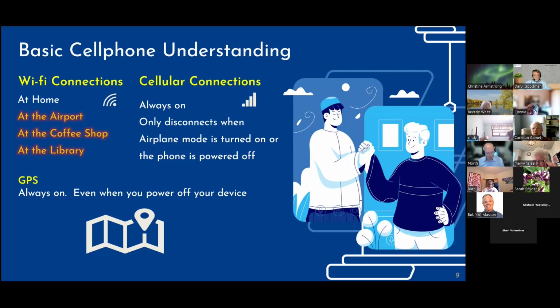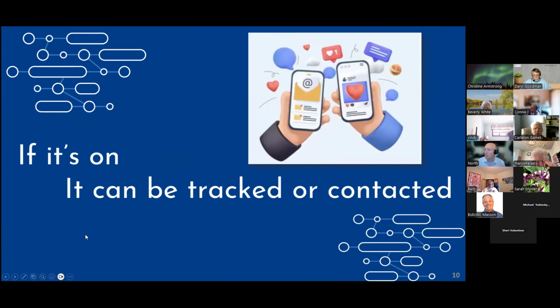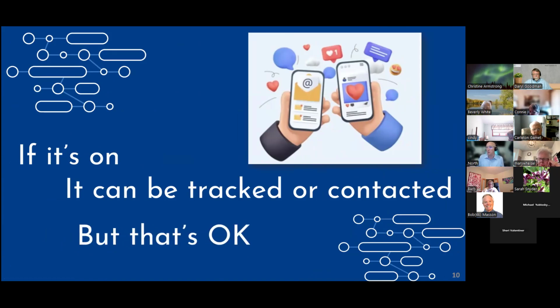And there's legitimate reasons for that, again, for emergency services, also to help with guidance, and if you're using map services to help you guide. But understand that GPS can still send out a ping even if you have your phone turned off in some cases. So understand that GPS is just helping you find that device, which is a really powerful tool. Bottom line is, if it's on, it can be tracked and it can be contacted, but that's okay, because that's why we have cell phones, so we can get texts and phone calls and emails and such.